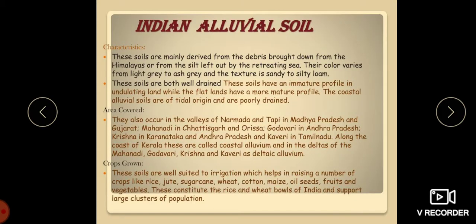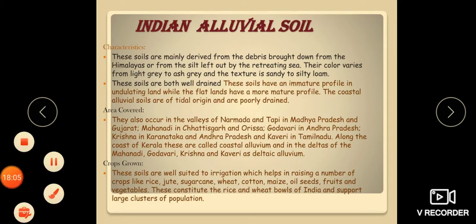So, the characteristics. See, this is the summary of it. The summary of the alluvial soil, children, you have to copy in your notebook. These soils are mainly derived from the debris brought down from the Himalayas or from the silt left over by